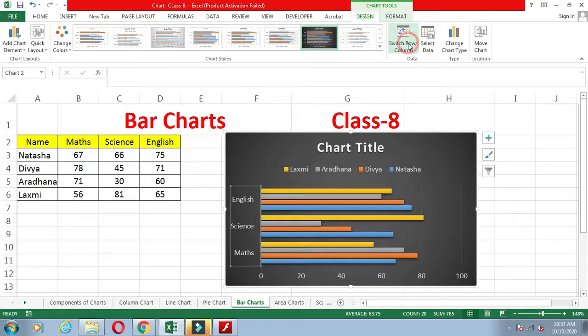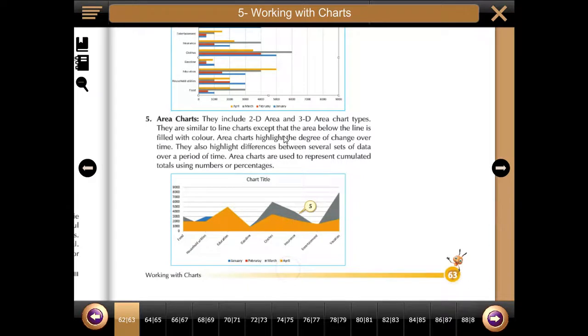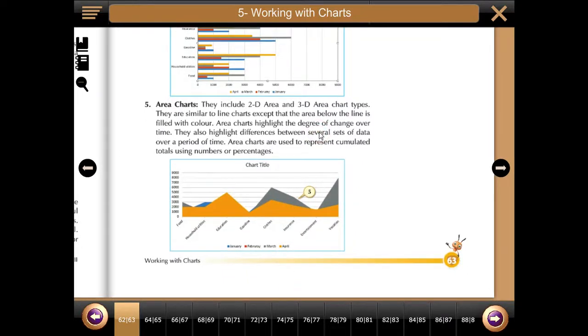Now the next topic is what? Area chart. It also includes 2D area and 3D area chart. The area chart is used to highlight the degree of change over time.